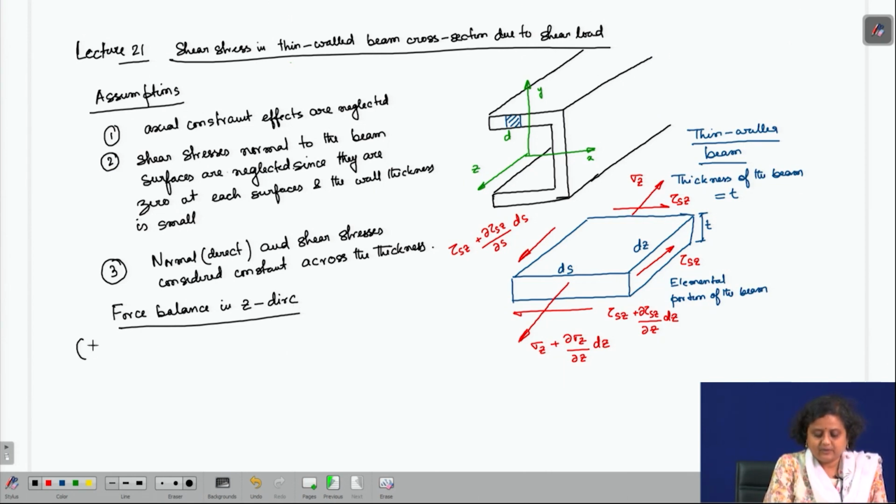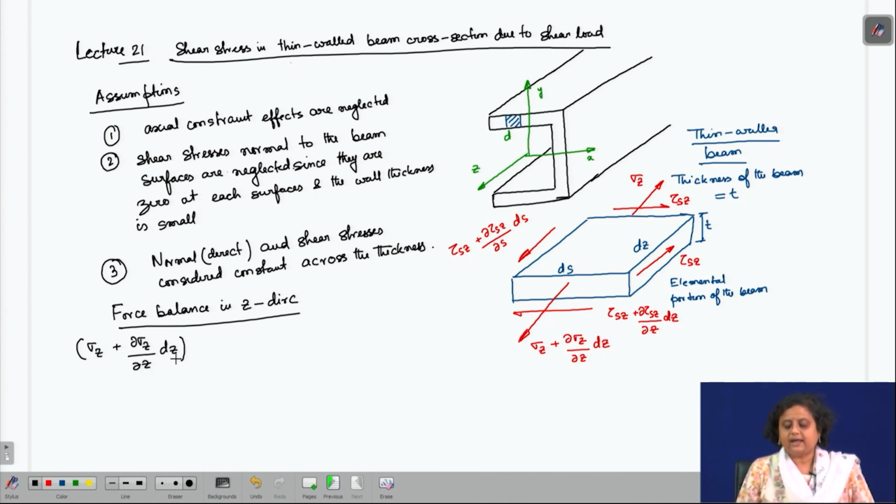The first thing we have is sigma z into the area of this cross section. The area of this cross section is ds into t. So, now sigma z into ds into t